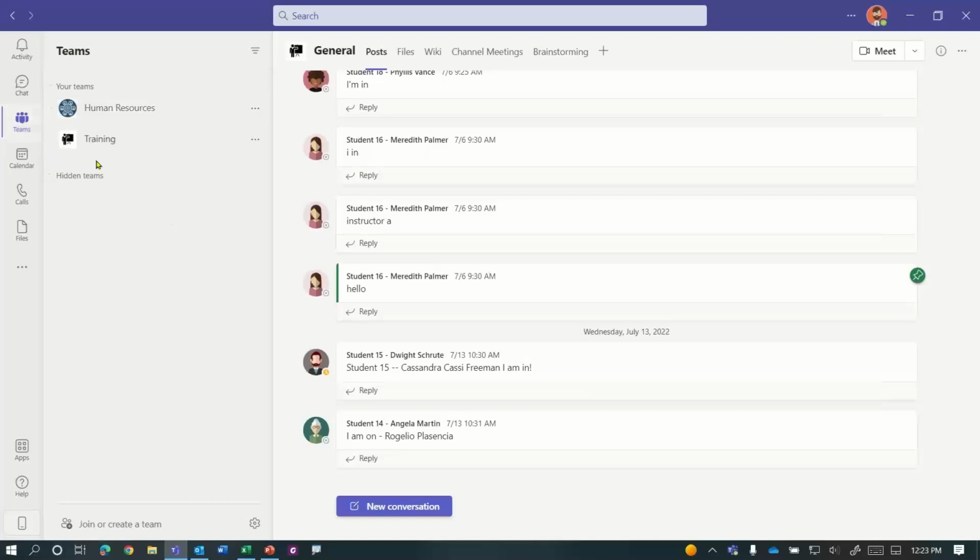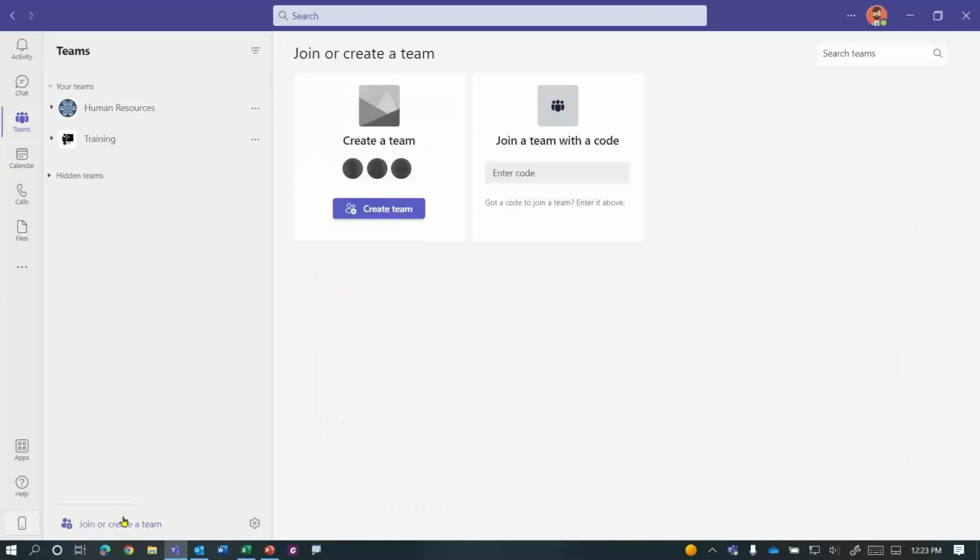Once you're in the Teams section, on the bottom left, you have the option that says Join or Create a Team. Now, notice how I have an option that says Create a Team. I will add a little caveat. Some organizations choose to have a little bit more control over who can create a team and all the teams that are being created. So some organizations leave it up to IT to create the teams, and there's some kind of request process. But the point is, if in your organization you do have the ability to create a team,